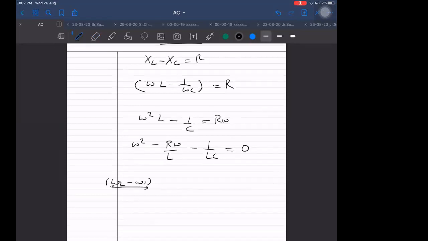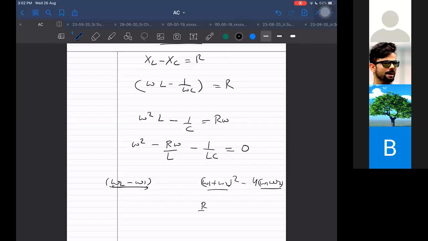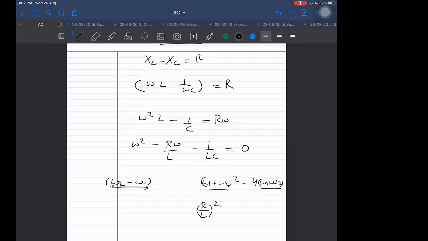We don't have to find the roots in order to get the difference. There is a direct formula. How can we get the difference? We can get the difference this way: omega 1 plus omega 2 whole square minus 4 into the product of omega 1 and omega 2, and we know the product and we know the sum. The sum of the roots is b by a, I think. Minus 4 into 1 by LC, plus it will become, I think, here, right? Is it correct or not? Tell me if I am doing it wrong.